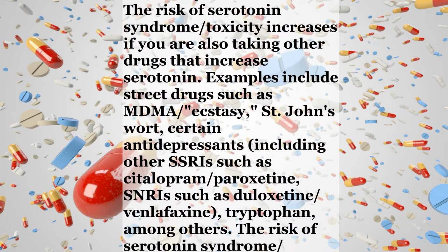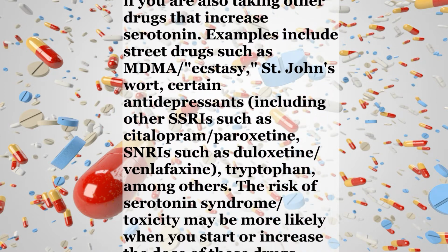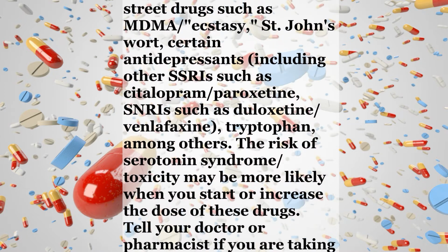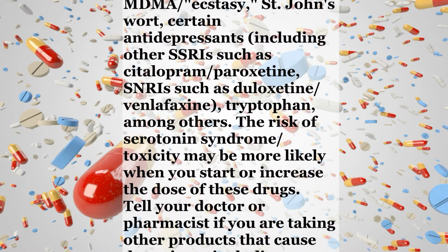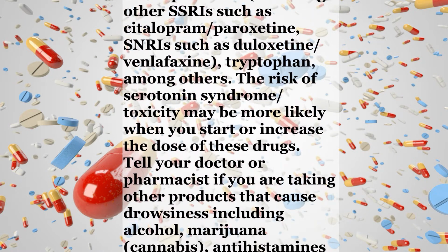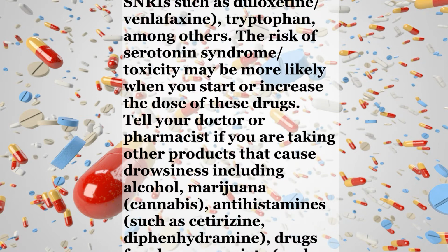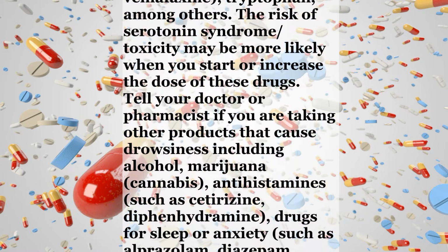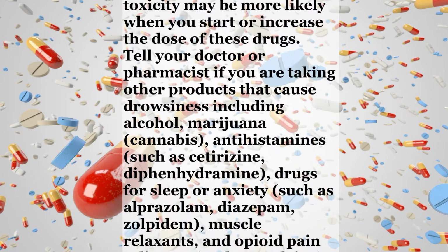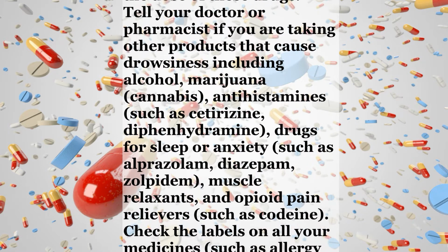The risk of serotonin syndrome toxicity increases if you are also taking other drugs that increase serotonin. Examples include street drugs such as MDMA, ecstasy, St. John's wort, certain antidepressants, including other SSRIs such as citalopram, paroxetine, SNRIs such as duloxetine, venlafaxine, tryptophan, among others. The risk of serotonin syndrome toxicity may be more likely when you start or increase the